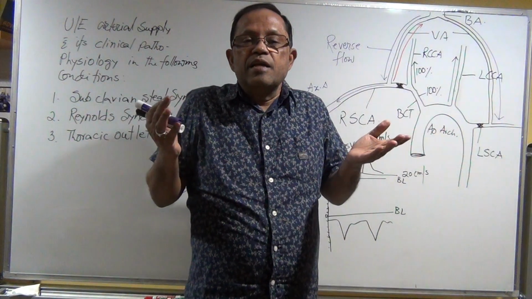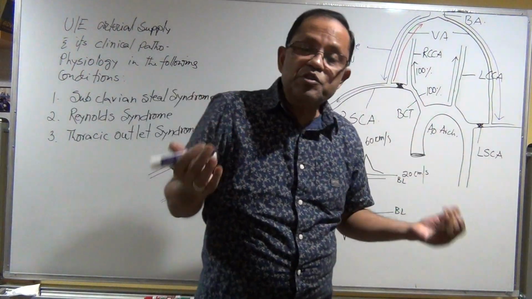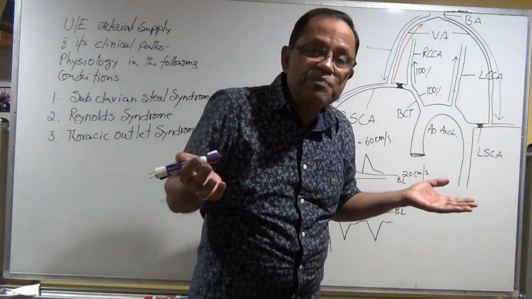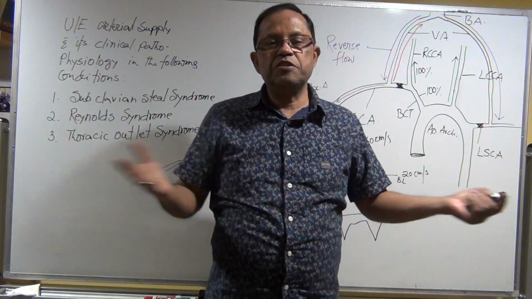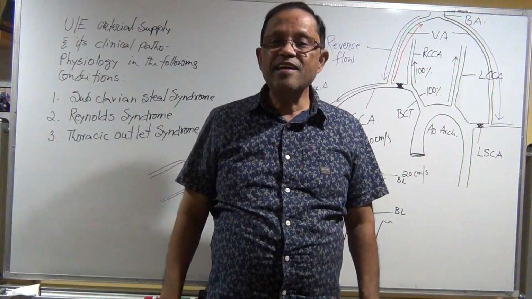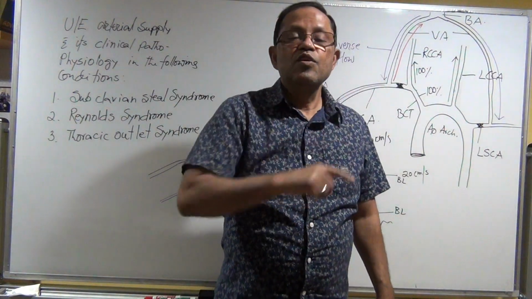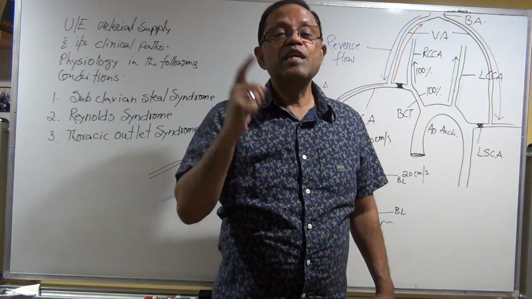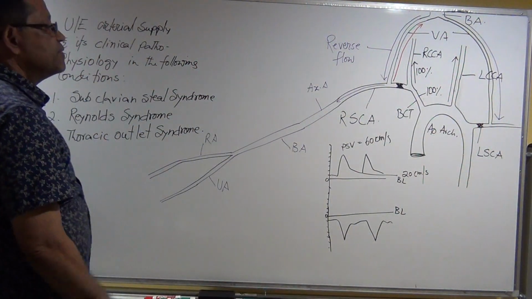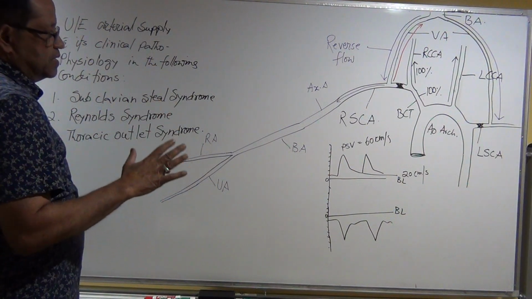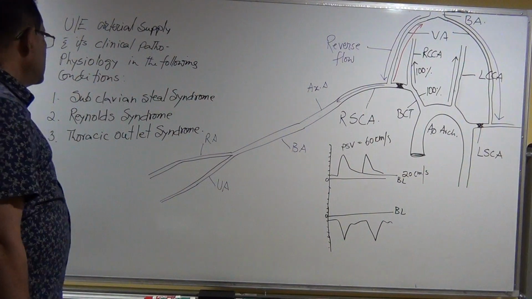That posterior cerebral artery will talk to the posterior communicating artery. Hey, posterior communicating artery, can you please bring more blood from the anterior two-thirds of the cerebral circulation? Okay, so there will be hemodynamically an increased flow movement. Okay, so that is subclavian steal syndrome. So now I will go over the